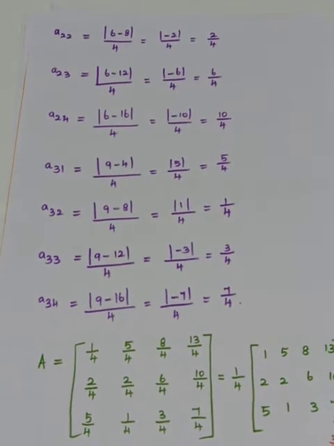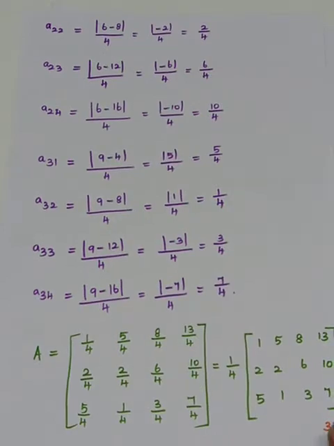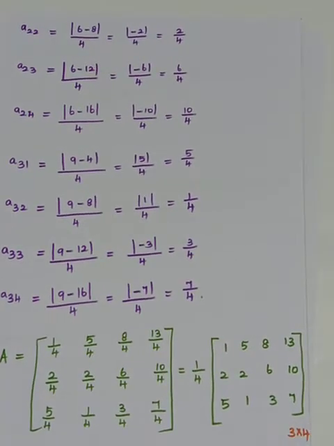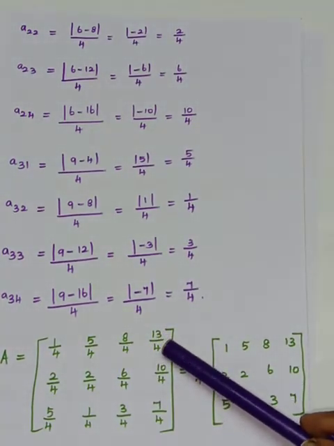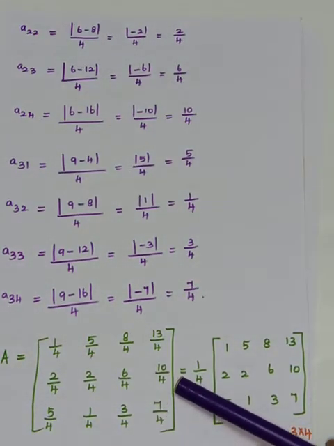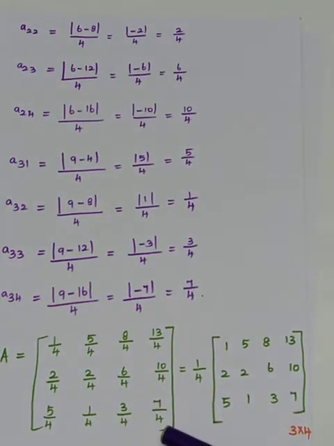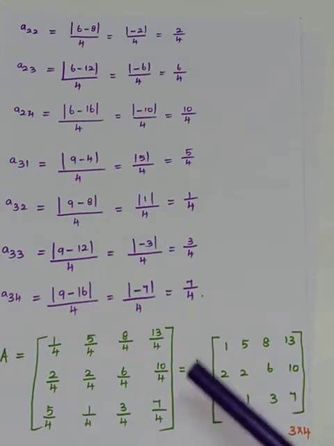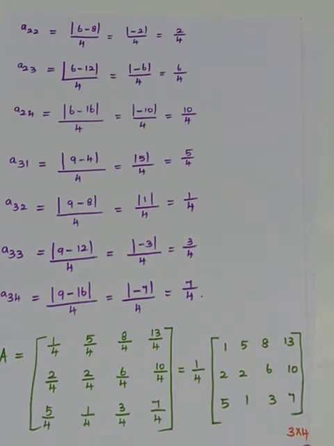So finally you are going to write the matrix A. You see that matrix A. This is A11, this is A12, A13, A14. Next row A21, A22, A23, A24. Next A31, A32 and A33, A34. So from all the elements, what is common? It is 1 by 4 that is common, so it can be taken out. So the remaining is written. So this matrix A has the order 3 by 4.